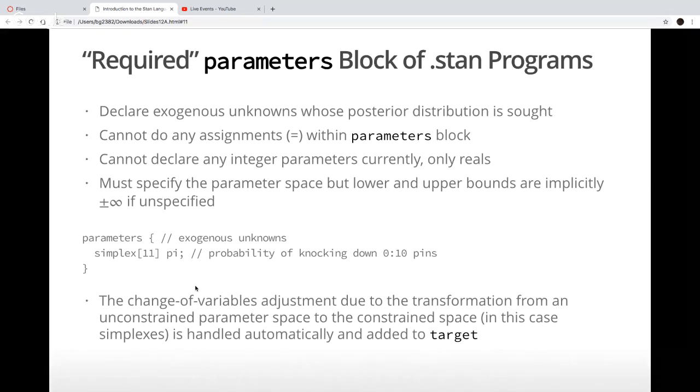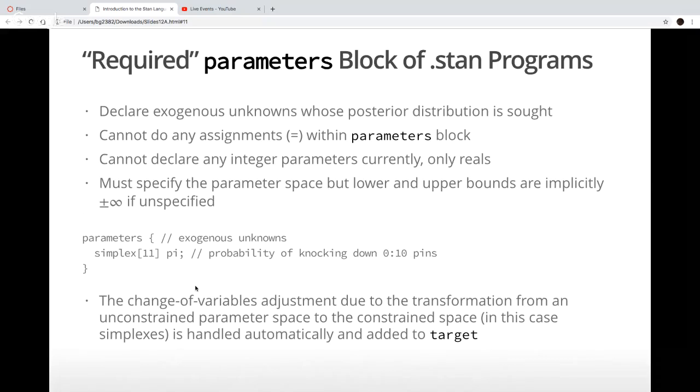And you need to declare the parameter space. So you can use lower and upper bounds. Variances or standard deviations need to have a lower bound of 0. If it's a correlation matrix, you're restricting it to the space of correlation matrices. If you don't specify the lower and upper bounds, they're implicitly plus or minus infinity, if that makes sense. But here I just declare a simplex of size 11.